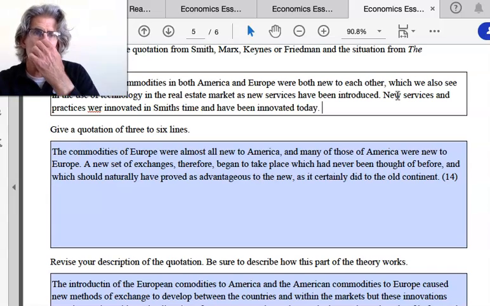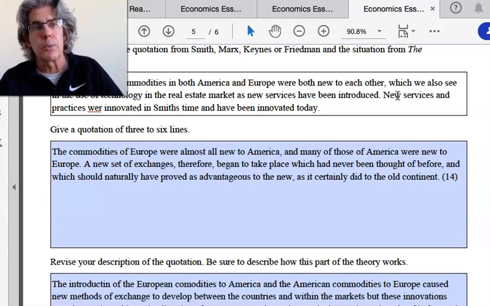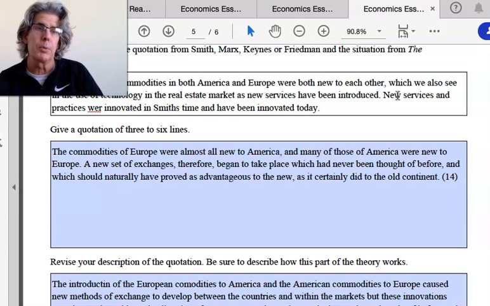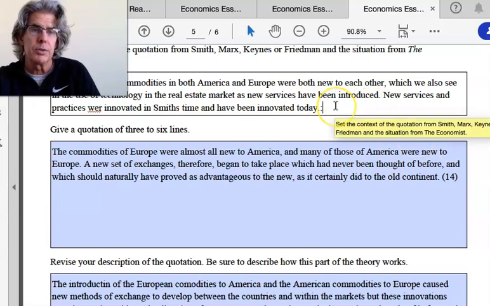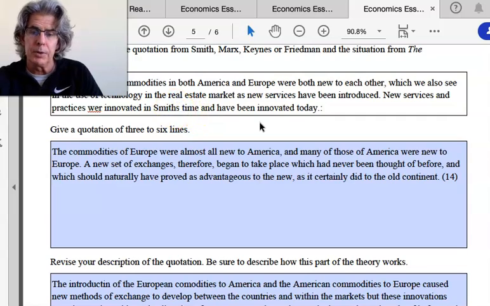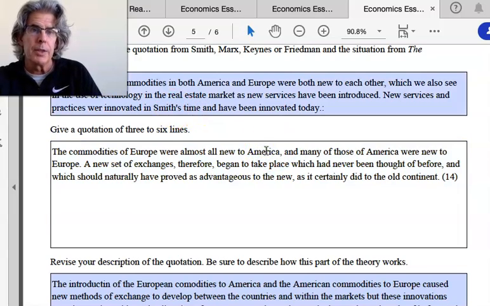And with the context, you're setting the context for the entire paragraph, but you really have to set up the quotation. So I'm making it clear that this is from Smith, but I do want them to know I'm going to apply Smith to today's real estate market. This isn't perfect. This now exists. It didn't exist before. And I got to learn the possessive, bingo. And then I get to the quotation.